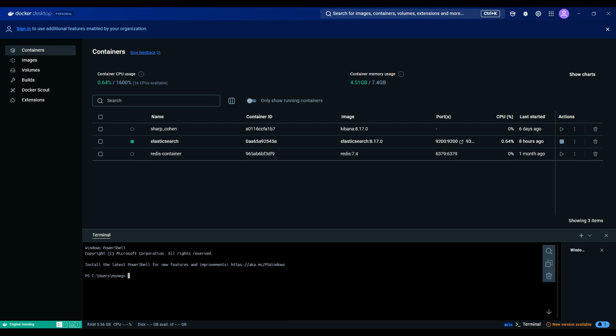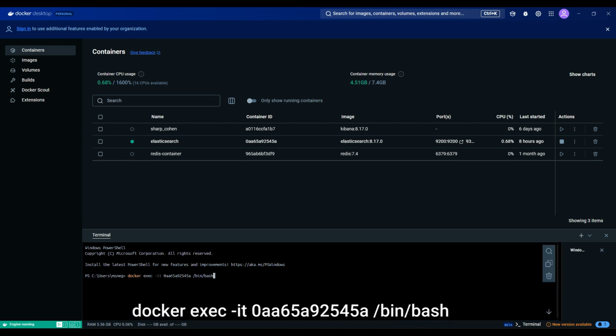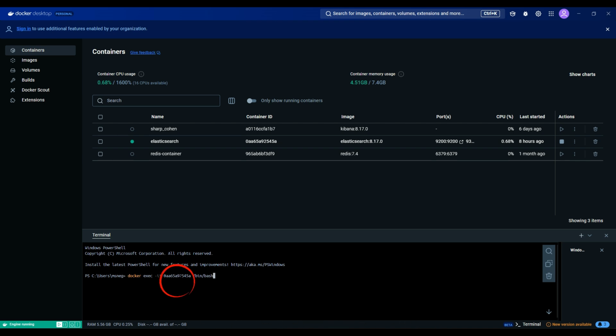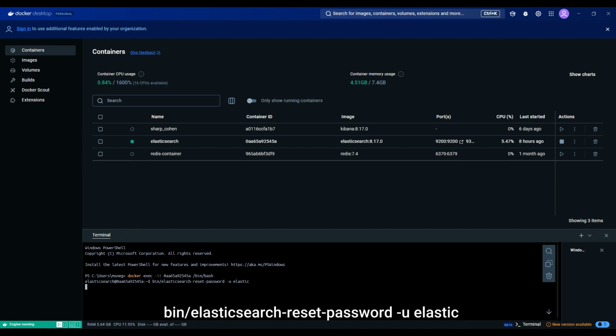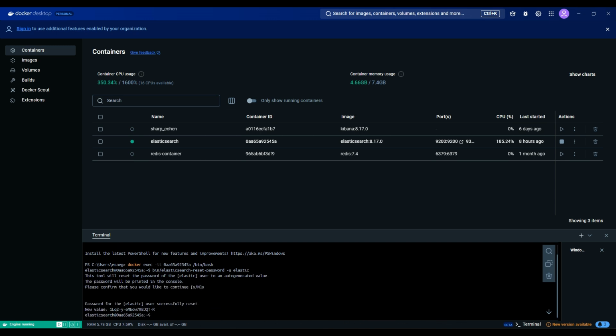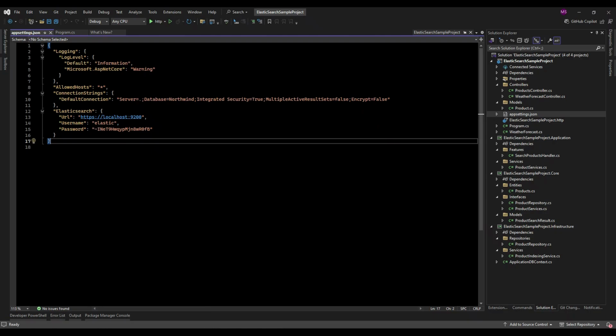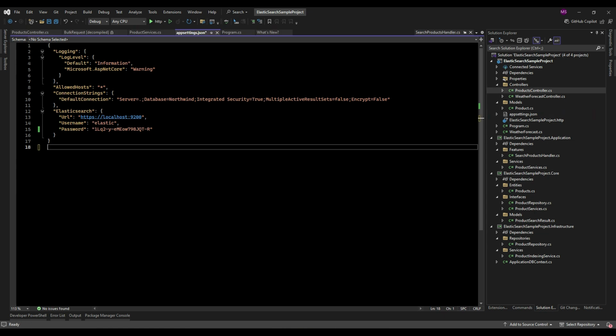Open your terminal and run the following command to access your Elasticsearch container. Replace this part with the actual name of your container. Once inside the container, execute the following command to reset the password for the elastic user. This command will prompt you to set a new password for the elastic user. After resetting the password, update the password field in your appsettings.json file with the new password.